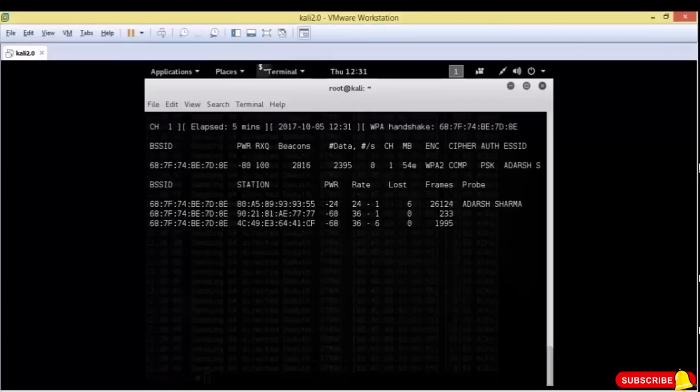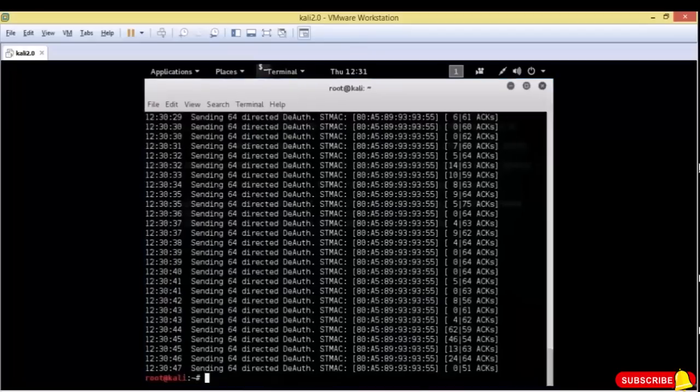Now it's time to perform brute force, and for this we are using the crunch command. So crunch is used to make a possible number of passwords. You have to mention the minimum length of password you want, followed by the maximum length of the password. And at the same time we want to match this password with the original one. So we use aircrack-ng